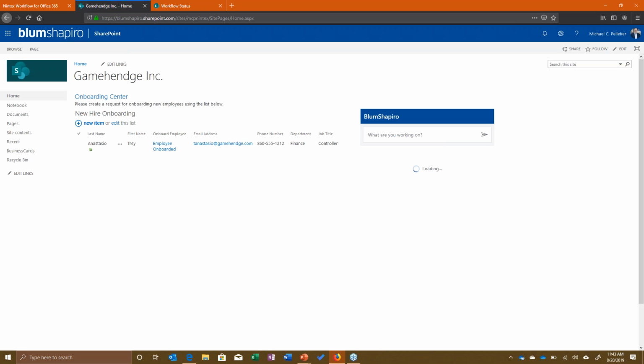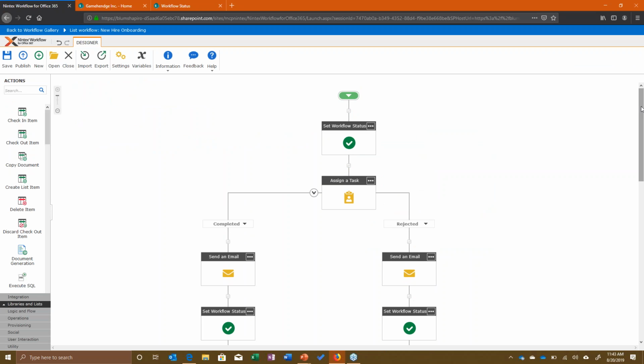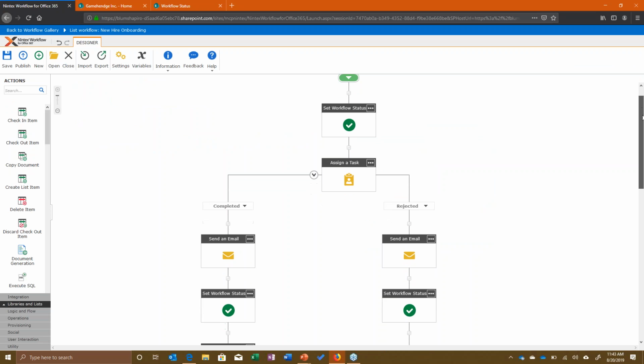And that is really as simple as it gets. And then you'll note that I have a message that was posted to Yammer saying, "Please welcome Trey Anastasio." And anyone in my business who is participating in Yammer can see that announcement welcoming the new employee. So again, somewhat of a contrived example, but it's a very simple process and something that you can obviously expand on and customize to your business